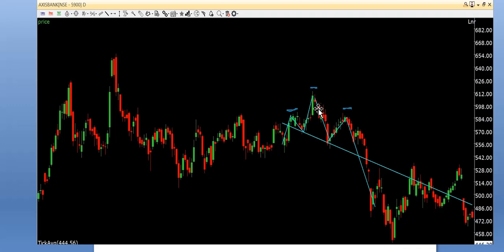So this is a Head and Shoulders pattern. This is the left shoulder, this is the head, this is the right shoulder. The important point is the right shoulder is always below the head and the left shoulder is always below the head, right? We don't care where these lows are. This low may be lower than this low, or this low may be higher than this low, right? We just need to join the lows in order to get a line, and that line is called the neckline. So that is the Head and Shoulders pattern for you.